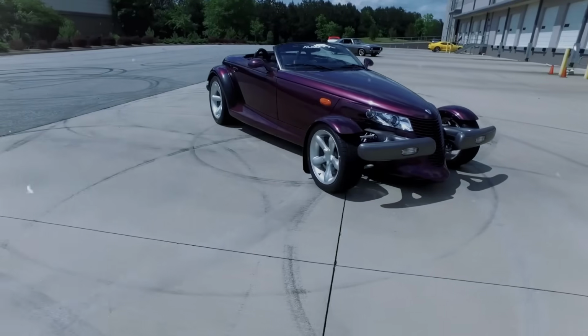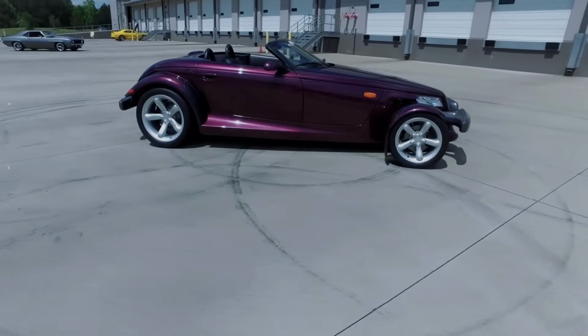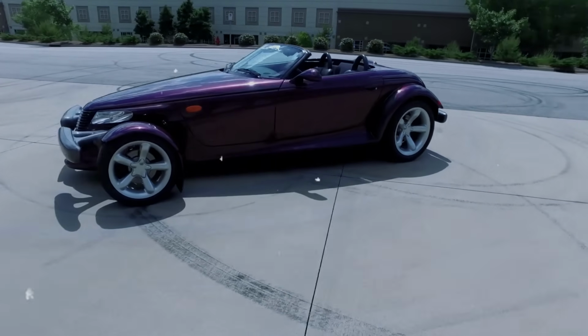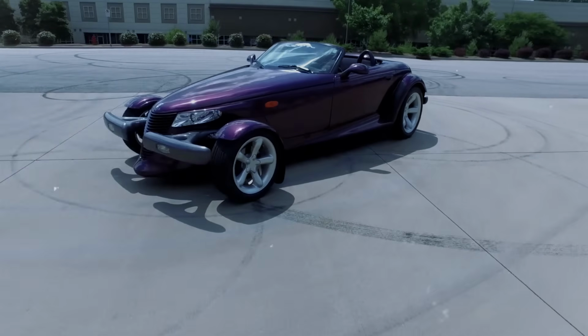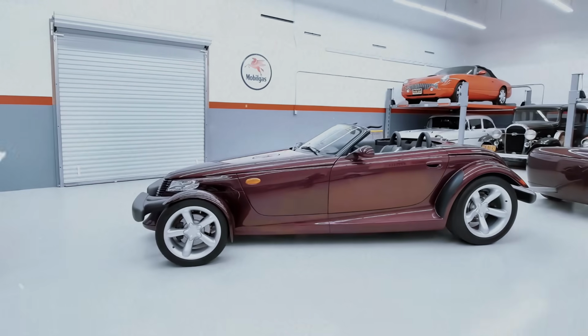To make it infinitely worse, it was only available with a sluggish 4-speed automatic transmission. No manual option was ever offered. No V8 engine was ever an option. It was heartbreaking. For the modern equivalent of $73,000,